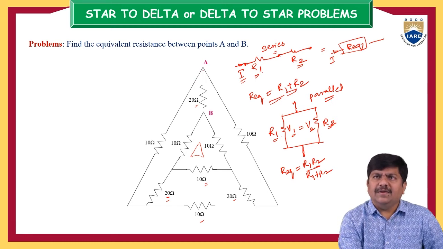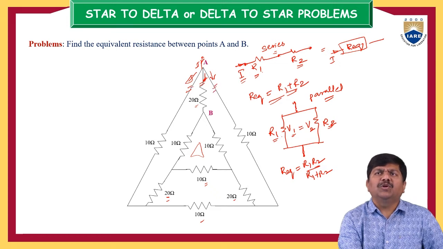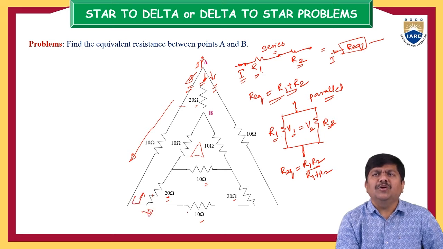Now here, let us say current is entering the loop like this, this is I. Let us assume the current is distributing into three parallel paths. This is the first, second, and this is the third. Then it is very clear that the first branch, second branch, and third branch are said to be in parallel configuration. Then let us assume some of the current is flowing into the 10 ohm resistance. Again here, it is divided into two parallel paths, this is 20 ohm and this is 10 ohm. It means this is in parallel to this 10 ohm resistance. Again, the current here is divided into two parallel branches.